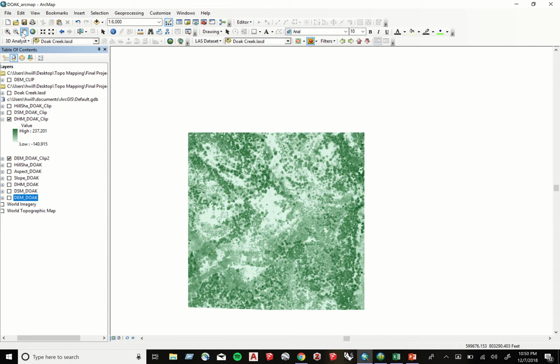I created a clip polygon, and then I clipped the DEM to the property boundary line so that I was just looking at the property and not the rest of the data points that came with those two tiles that I downloaded. And then from there, I created